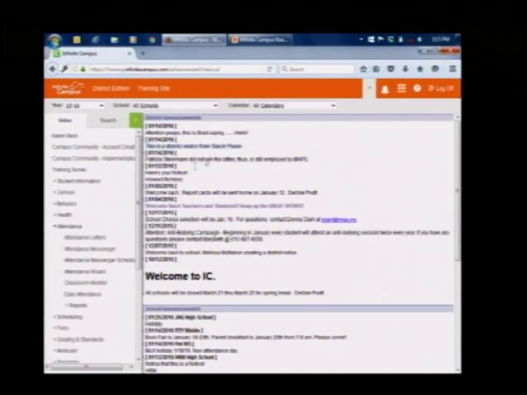And what you're looking at right now is what all users will be greeted with: teachers as well as staff in the front office, administrators, even district level administrators as well. In the very front here, we see our district notices, and these are going to be just messages about Infinite Campus. Hey, the application is going down for a temporary amount of time for an upgrade, or something to remind you to do something at the district level.